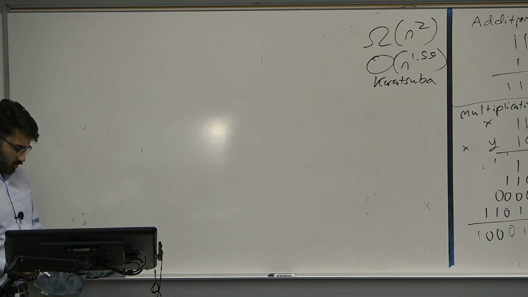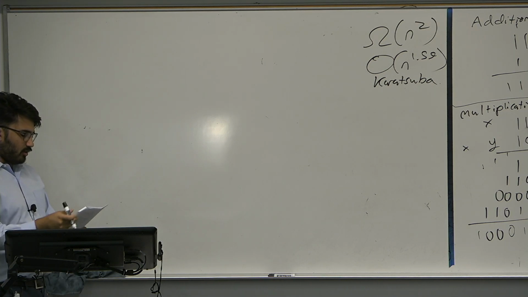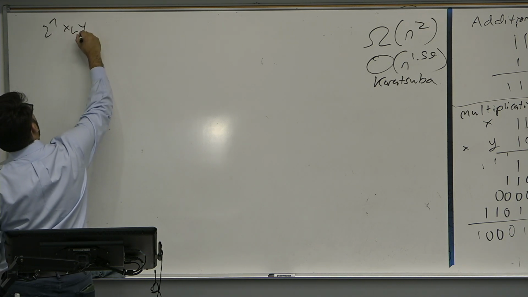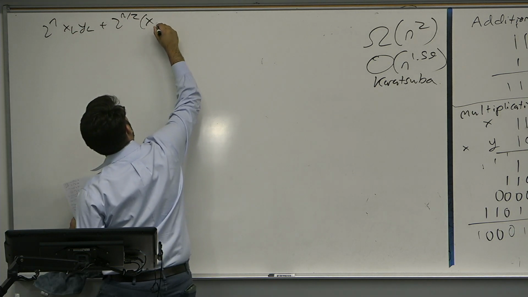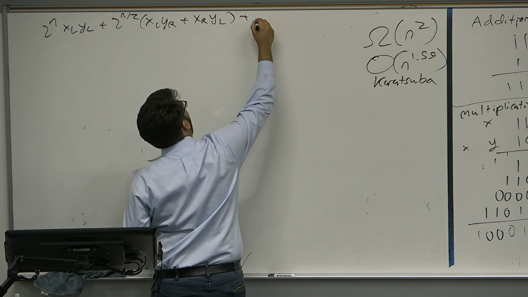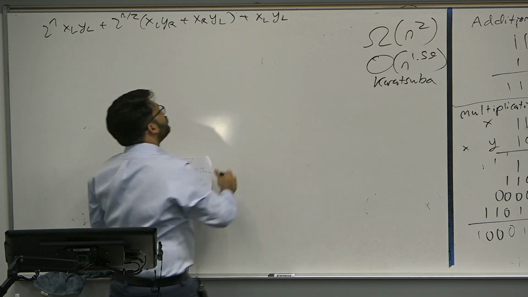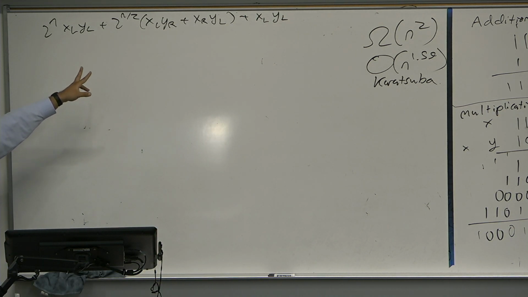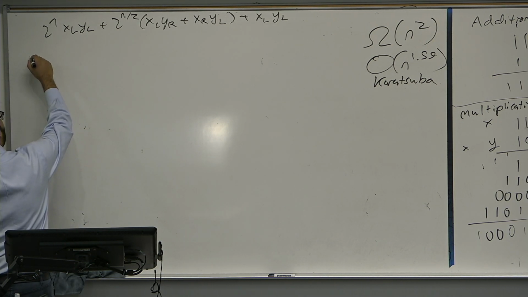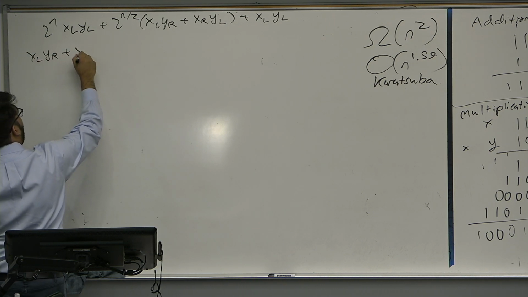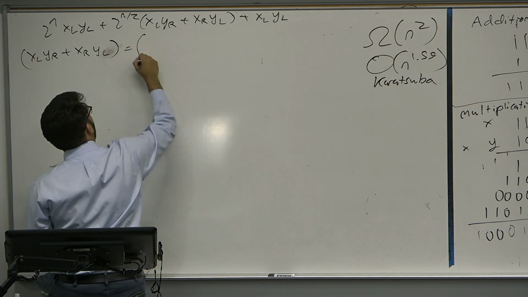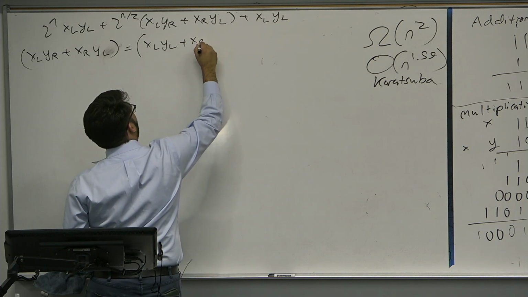So let's present Karatsuba's multiplication. It's not too hard. Basically, what he noticed is if you take the same formulation that we have, we have 2 to the n, XL YL, plus 2 to the n over 2, XL YR plus XR YL, plus XR YR. To get this middle term, it takes 2 multiplications. But he found a way you can actually do it simpler than this. XL YR plus XR YL is actually equal to